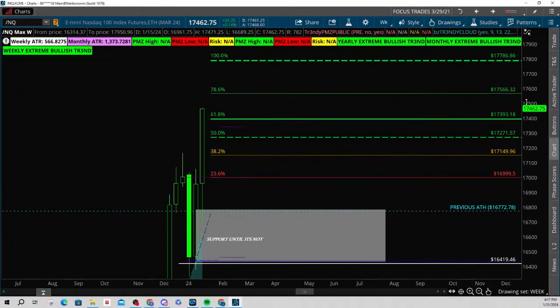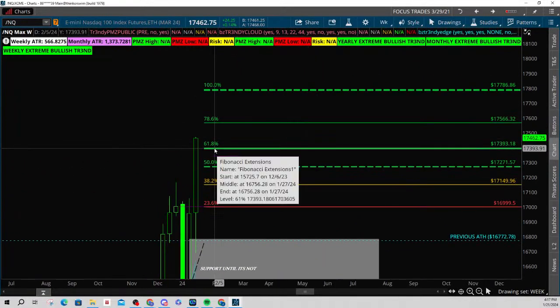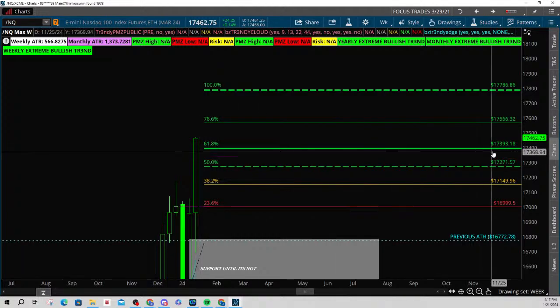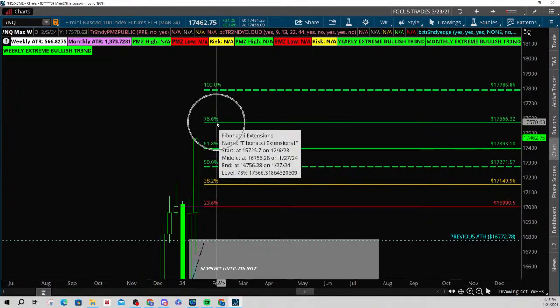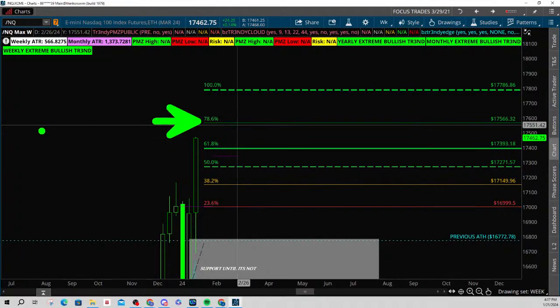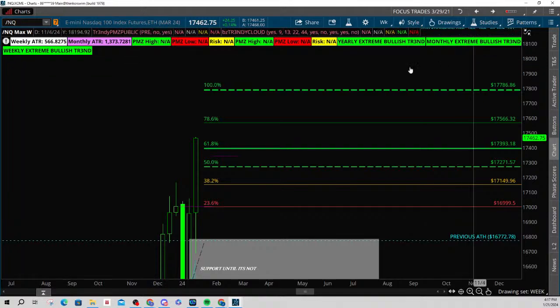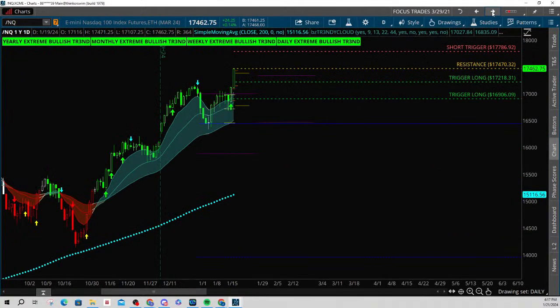The way that I want you to approach this is just simply look at it like this. If price right now can hold 17,393, then I would be looking for a push into 17,566. Again, anything to the upside is resistance until proven otherwise. This is not built off a structure. This is a Fibonacci extension, because I had to use that because we do not have supply up and to the left. As far as to the downside, again, smaller time frames is where I'd be looking for your support.